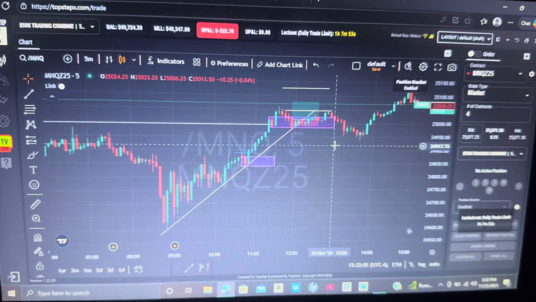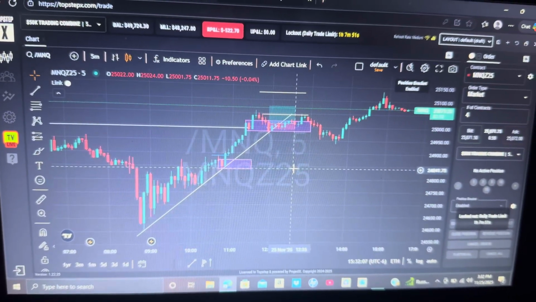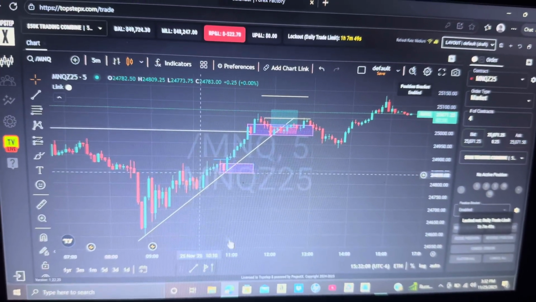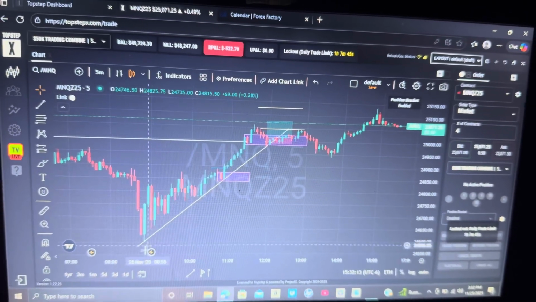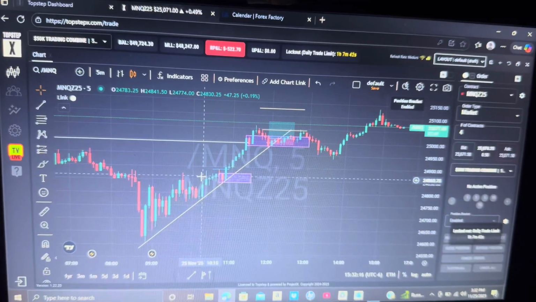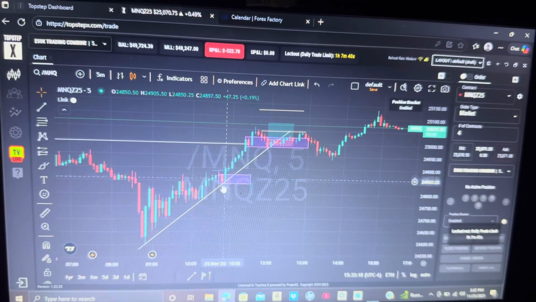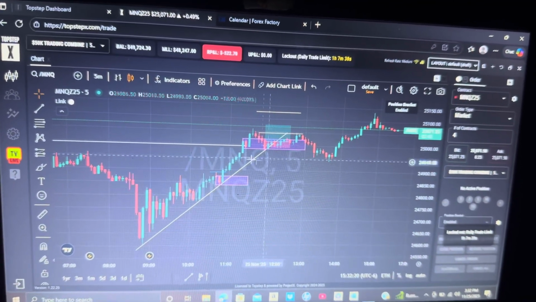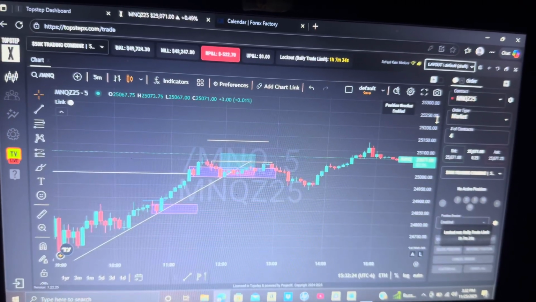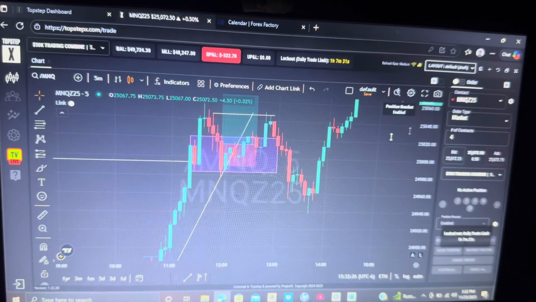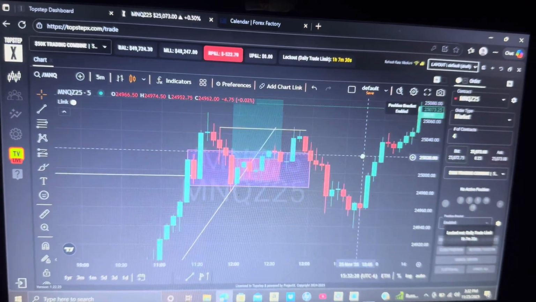Alright, so it is late in the day, and I just wanted to show y'all the setup that I took today, right? We had a clear trend line. Price was respecting this trend line, right? We had a breakup structure right here, but price never came and tapped in. We created a new breakup structure right here. At this point, price came, tapped my zone, but we did get invalidated, and I still took the trade like a dumbass, right?